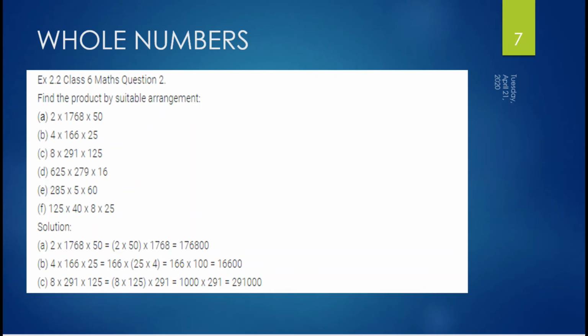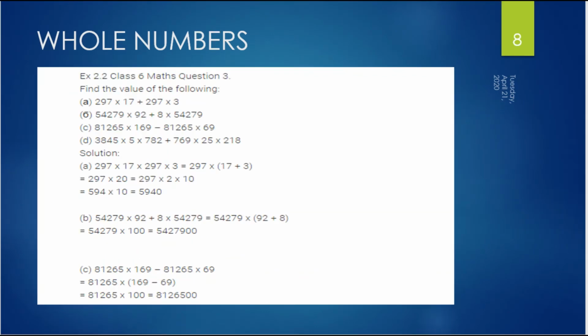Then 8 into 291 into 125. Similarly, 8 and 125 being multiplied will become 1000, multiplied with 291. So it will be 2,91,000. Similarly, the remaining parts you have to try yourself. Question number 3 is: find the value of the following: 297 into 17 plus 297 into 3. Now see here, 297 into 17,